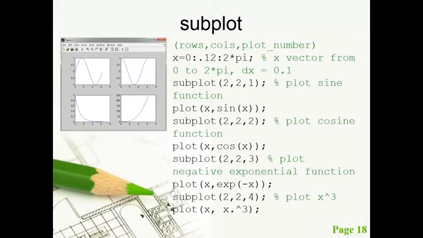So this is the command subplot. We have seen the single plot. Now we will have 4 plots in a single figure. So use the command subplot. Here subplot(2,2,1) indicates 2 rows, 2 columns and position of graph, that is first position. So this is the first graph. X is ranging from 0 to 2 pi with increment of 0.12. Okay, we'll see this example in MATLAB.